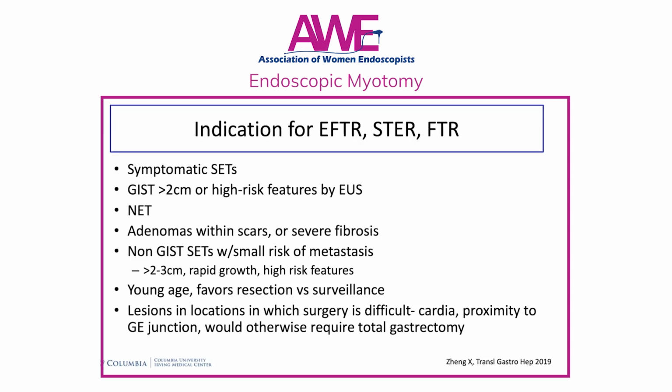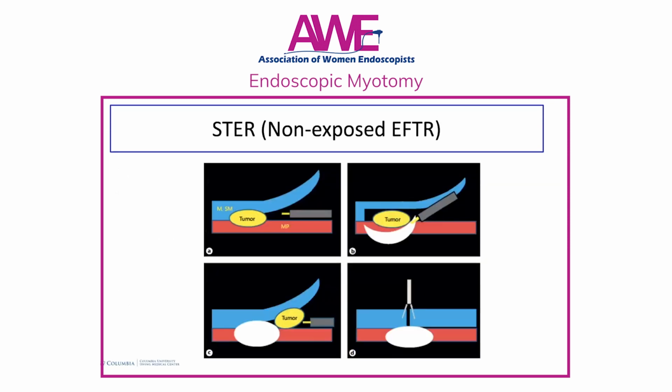And so in this way, we can spare the lumen. So for the STER procedure, or the non-exposed EFTR, we're basically going to create a tunnel until meeting the tumor. So it's providing access to the tumor, dissecting out the tumor from the surrounding mucosa, and then whatever structure within which it's lying or originating. So if it's the muscularis propria, or sometimes even externally, finally closing the mucosotomy site, much in the fashion of